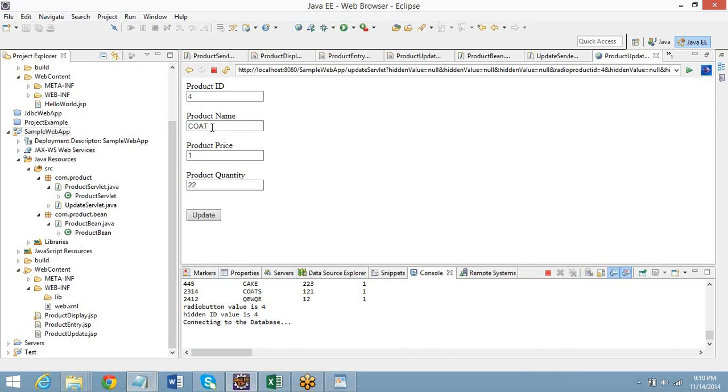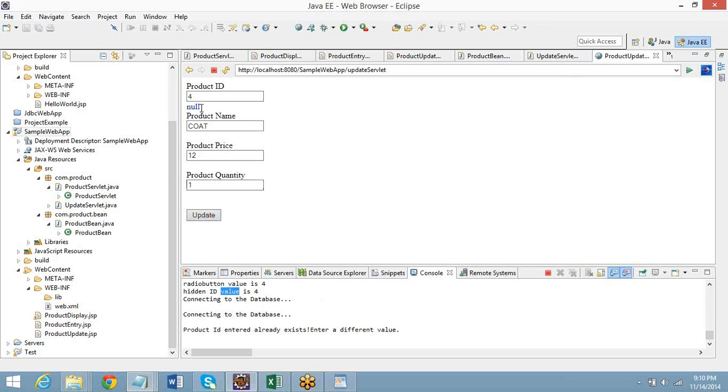So whatever I click came here. I am just printing the value of the radio button and the hidden button which I had used. Now here I want to change the product price and the quantity. I have an update button which leads to the update servlet which has the update query.